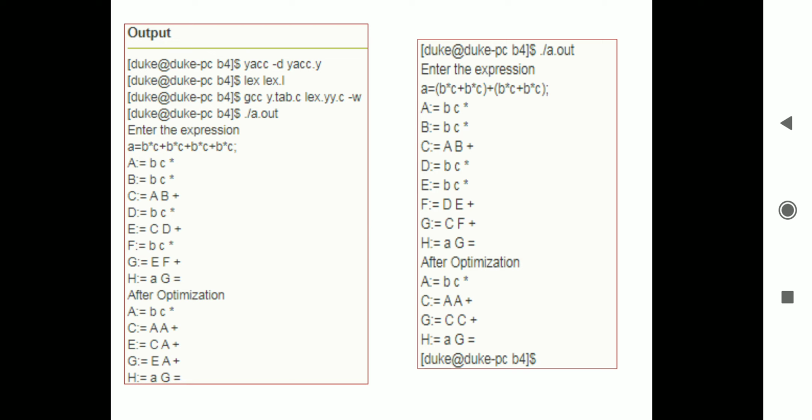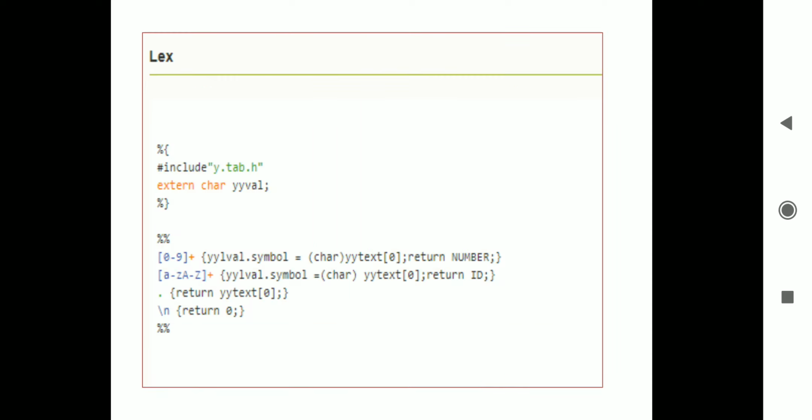Now let's see over here. First of all, we are going to compile the Yacc program. After compilation of the Yacc program, it generates two files: one is a C file and the second is a header file. This header file is required by the Lex program, so the Lex program includes the header file, which is the output of the Yacc compiler. Hyphen d gives the definition of tokens present in that particular header file. So this header file is required by the Lex program, and that's why we need to go to the Lex program first.